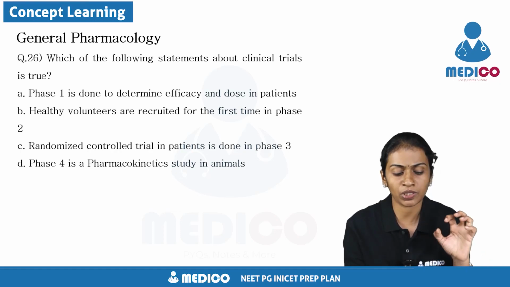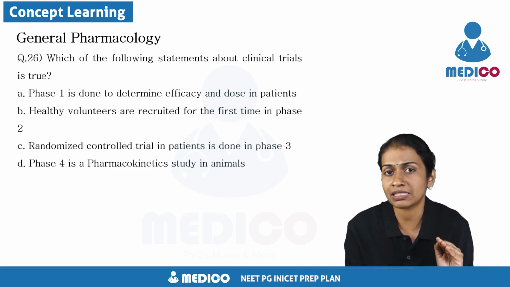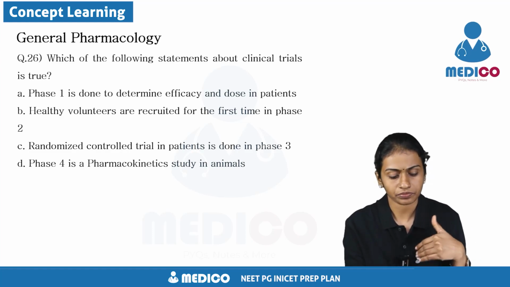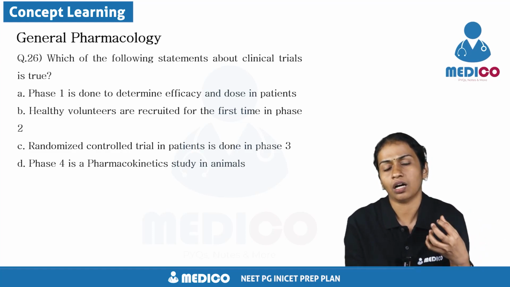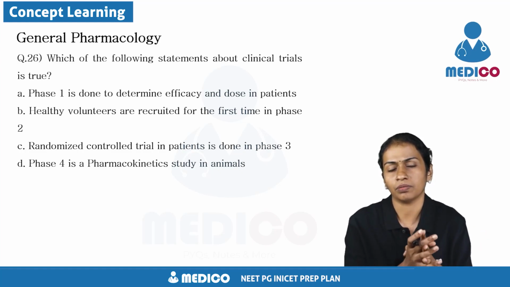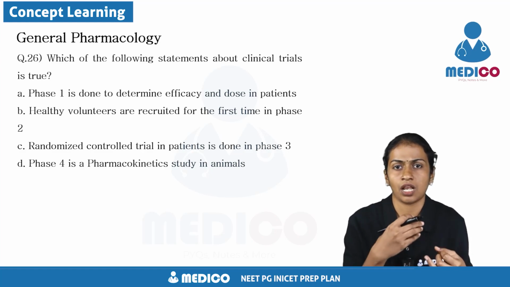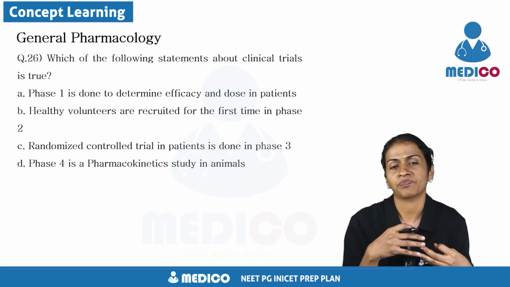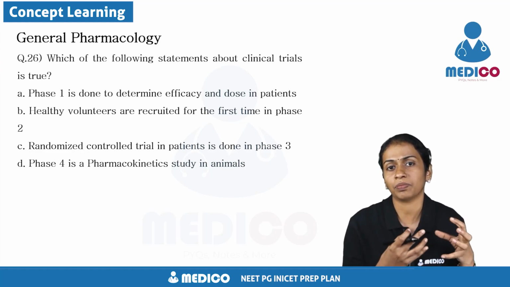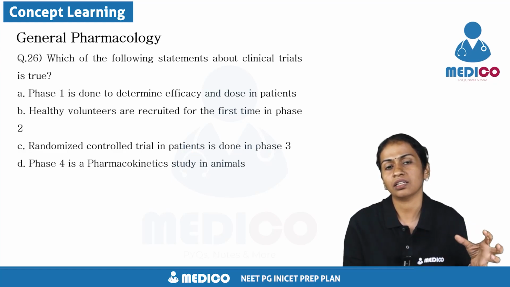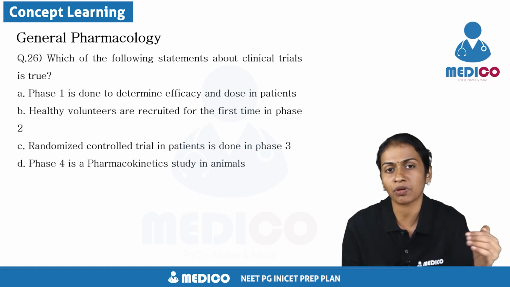So before we go into this question, we need to know the basics of drug development. So how does a drug come into the market? Initially, we discover the drug, the basic molecule, either by serendipity. Now we have different biogenetic mechanisms. The chemical analyst will help in drug designing, and then we have a number of lead molecules